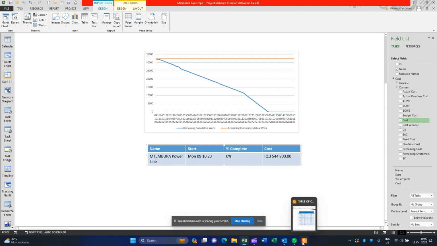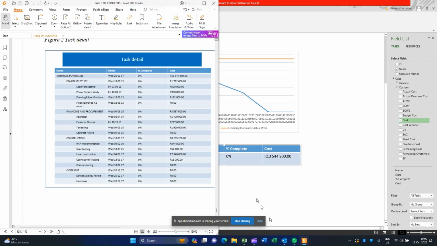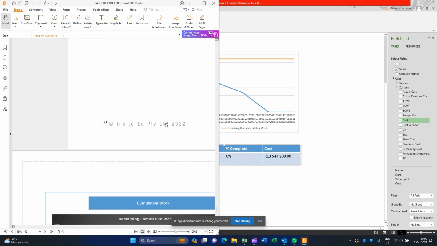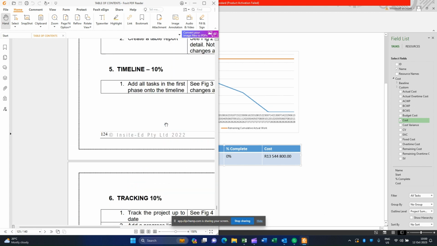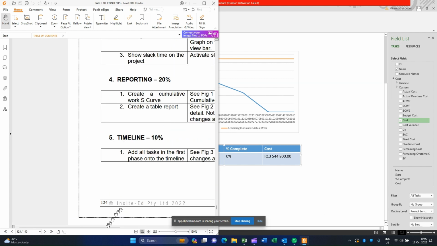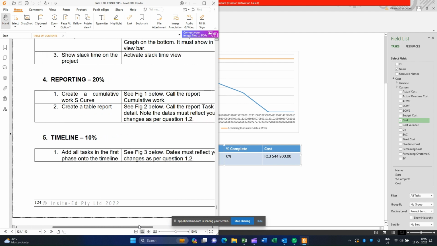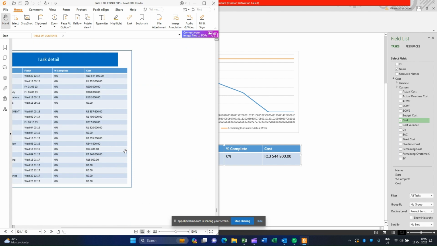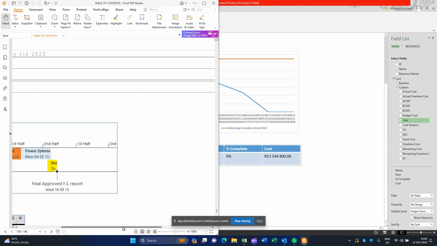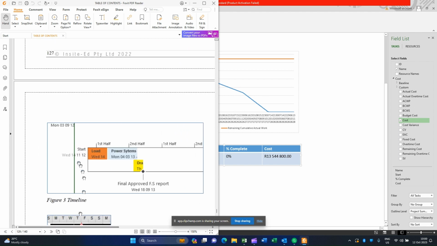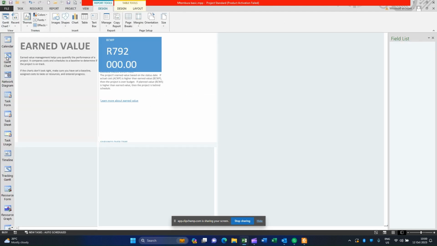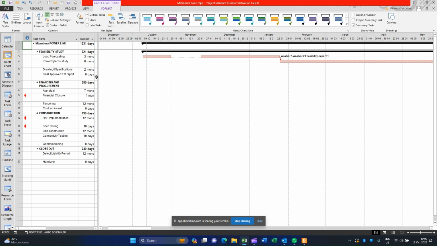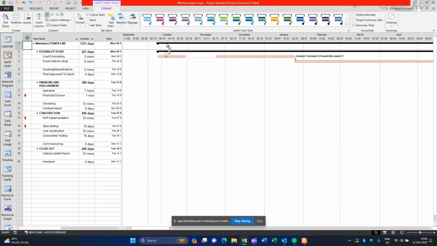All right, so what's the next question? The next question is tracking, no, timeline. So we've done reporting. Now it's the timeline. So what I want is all the tasks on the first phase entered into the timeline like this. All right, so we go back to the Gantt chart, and what we would do is, if we have indeed moved the project to